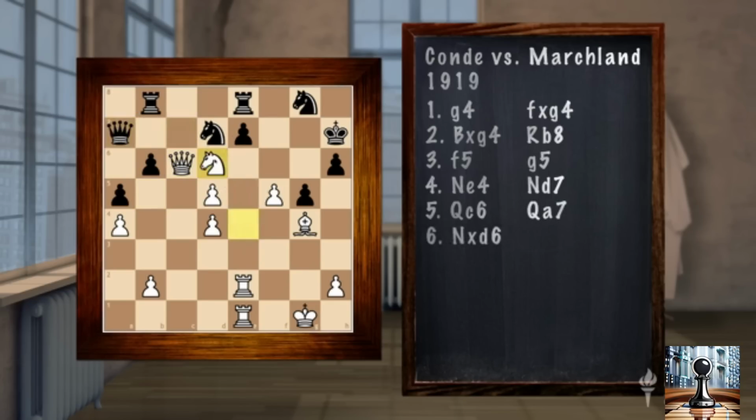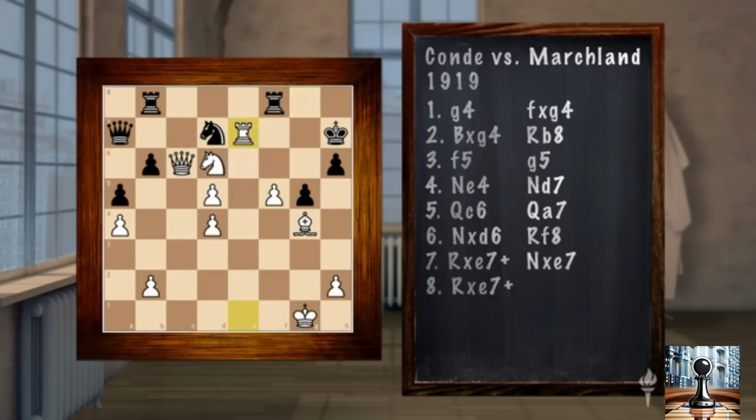Knight takes d6. This is crushing because if he takes, you're just winning material. So this doesn't really work. So he retreated and played rook f8, but he's just lost a pawn. And now white crashes through. Rook takes e7 check, sacrificing the exchange, captures with check,